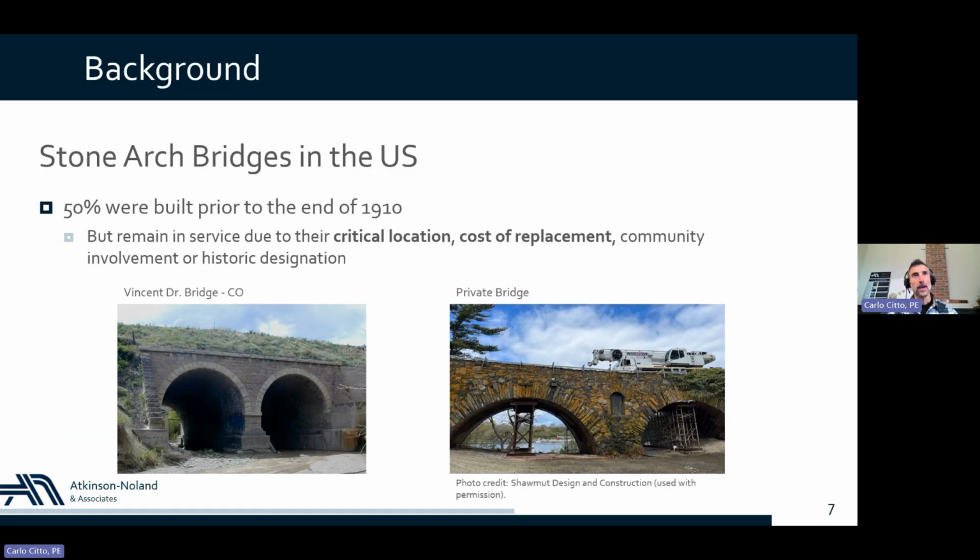And yeah, here are two more examples of stone arch bridges that are still in service. On the left, we have a bridge in Colorado, and this one as well used to be a railroad bridge that went out of commission in the 1960s when it was replaced by a new reinforced concrete bridge. Now, that bridge became obsolete 50 years later, and so the bridge owner wanted to explore the option of bringing back to service the old stone arch bridge